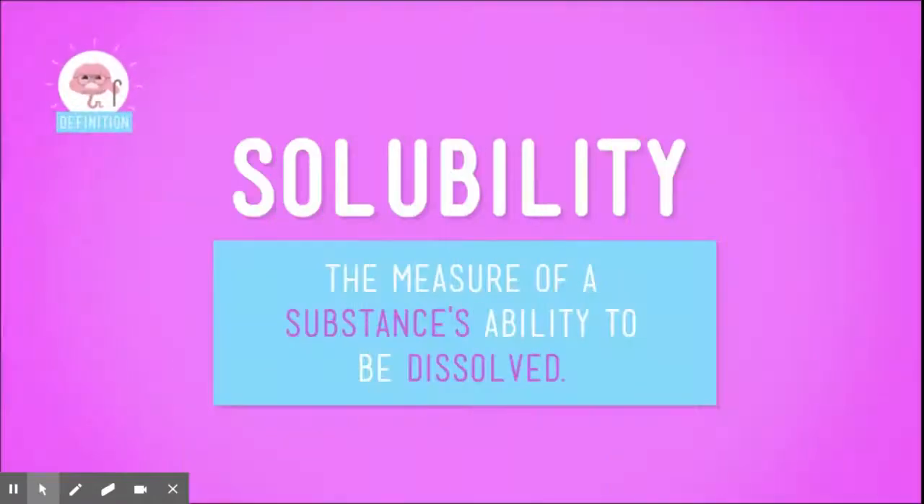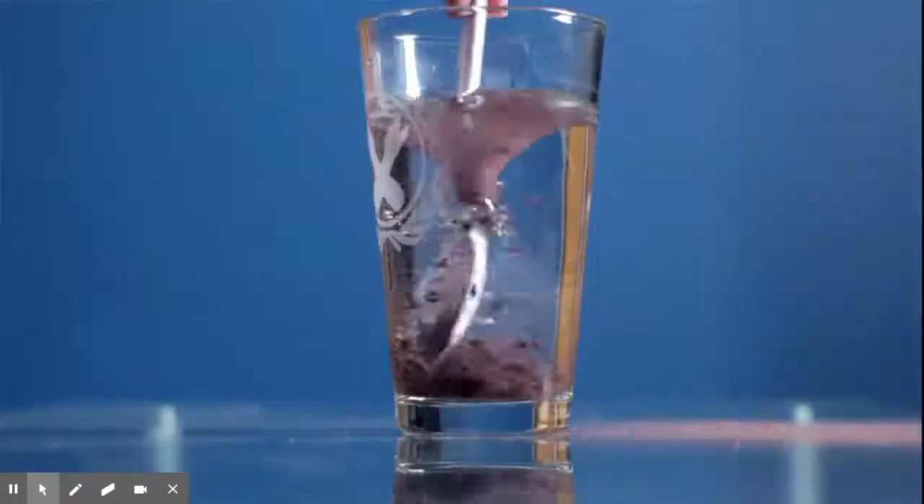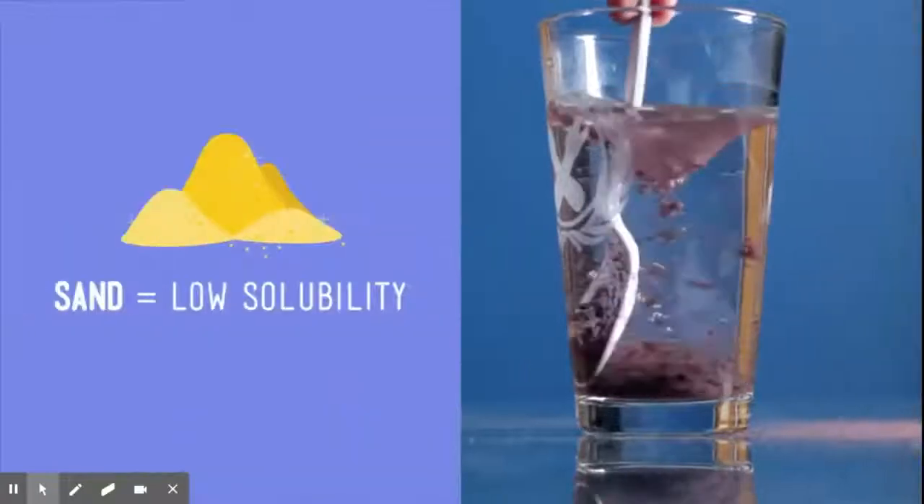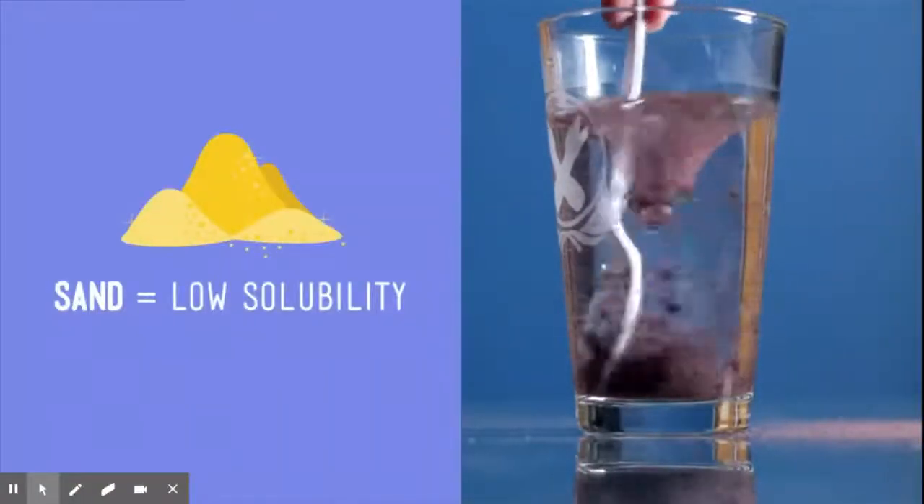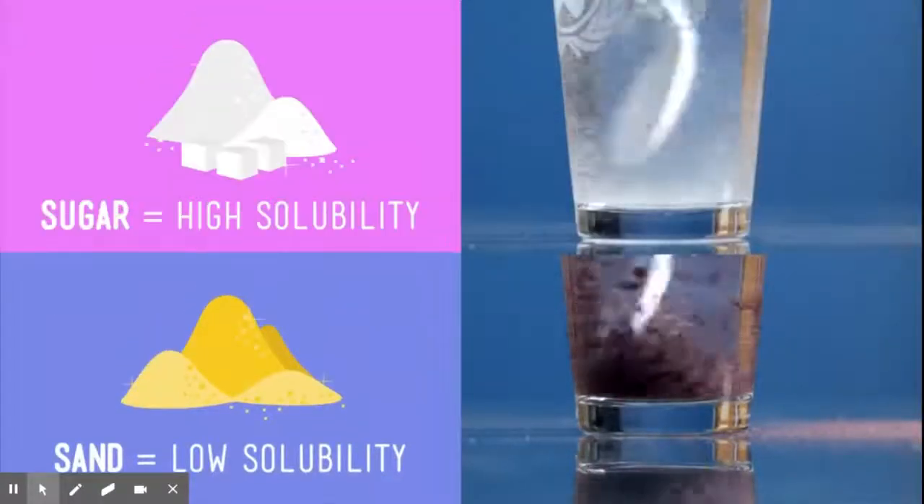But not all substances dissolve easily into other substances. The ability of something to be dissolved is called its solubility. Sand doesn't dissolve in water, for instance, so we say it has low solubility in water. But sugar dissolves pretty easily, so sugar has high solubility in water. Still, no matter how easily something might dissolve into another thing, you'll eventually reach the point where it can't dissolve